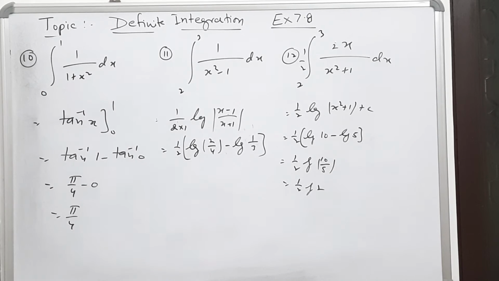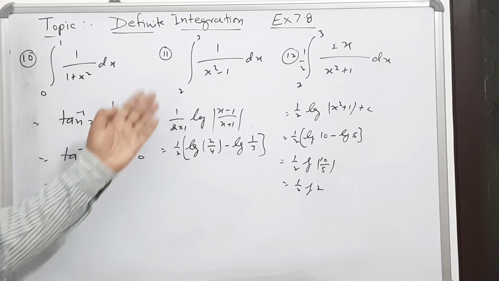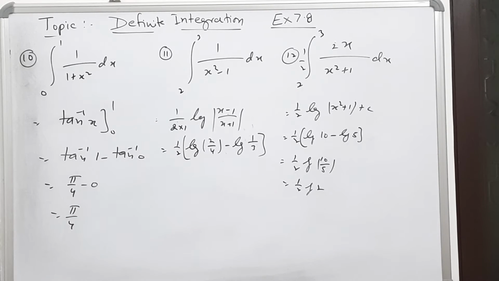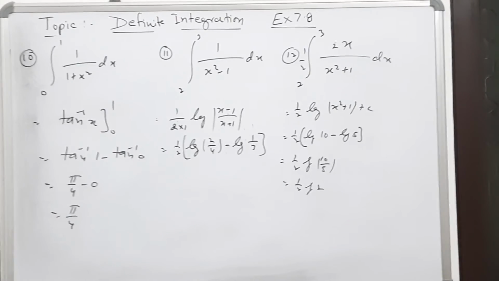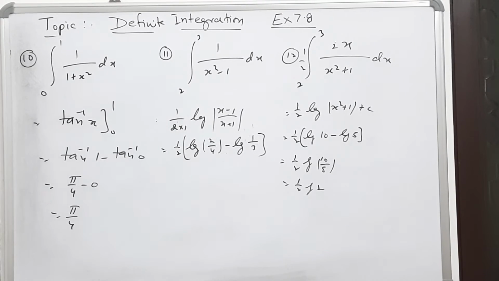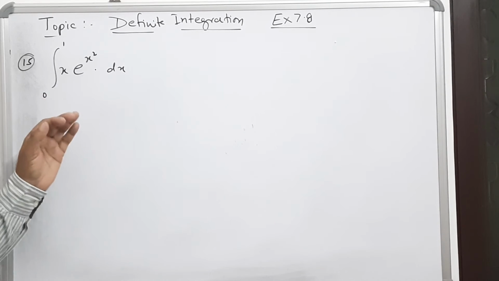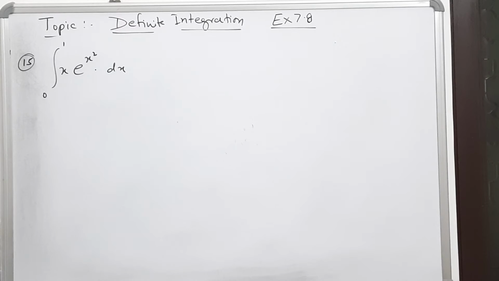So you have seen that in the variety of problems we have to simply integrate and then we have to put the limit. That is the additional part, otherwise it is the same. Now I am applying some substitutions also. Please see this. Yes, now you see this problem. In this we can apply the substitution, but substitution we will study in the next exercise.